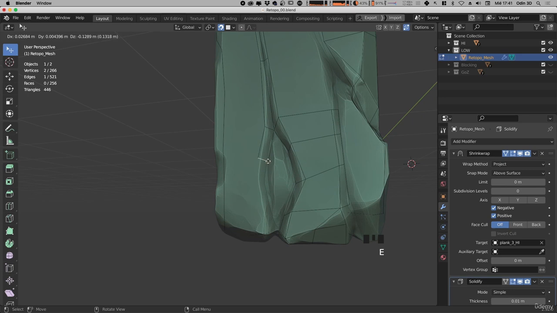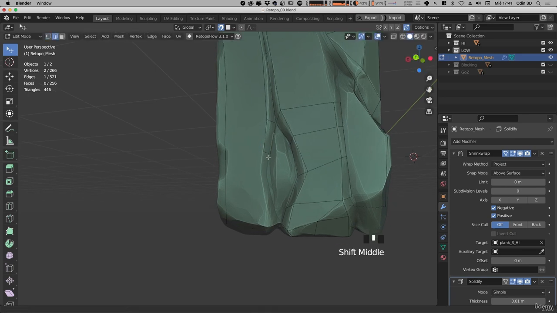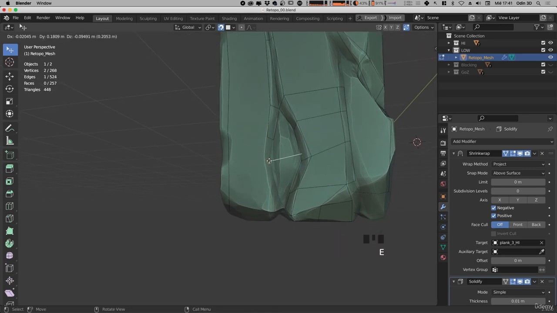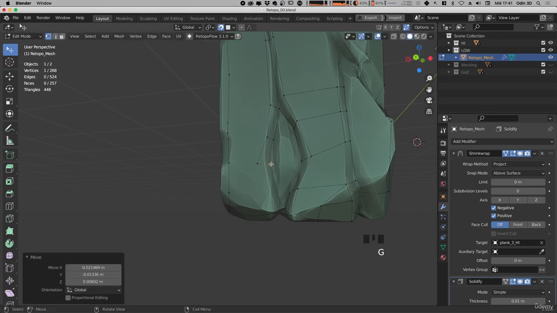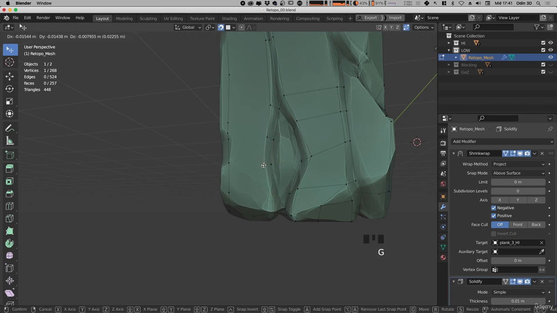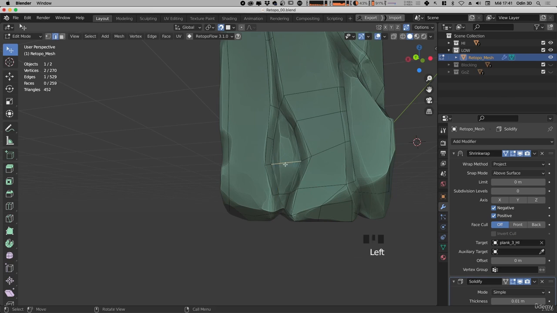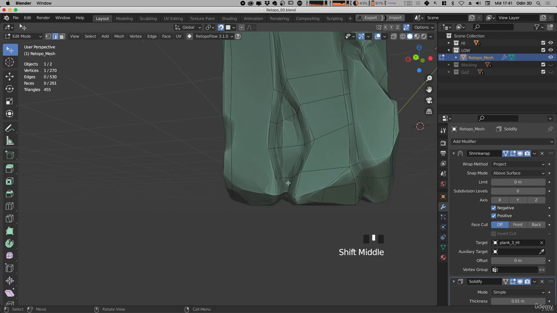This one we will have to separate it and extrude with the E. One more cut. There. What I'm trying to do is to connect this one with this one. Here's another one as long as it's possible. Now I connect FF. We connect and